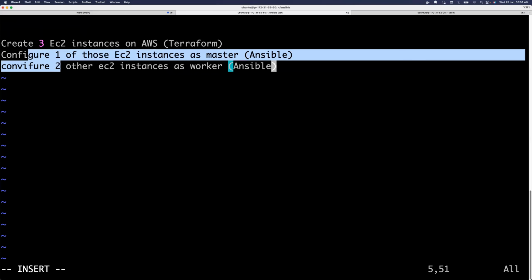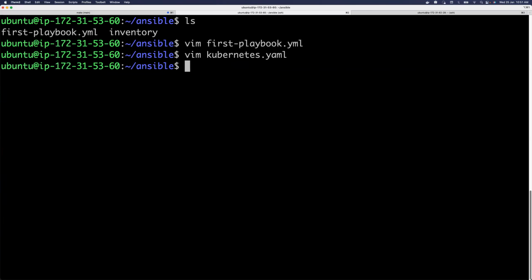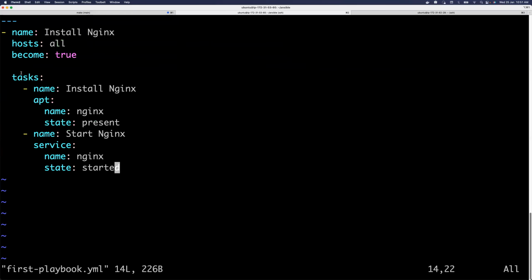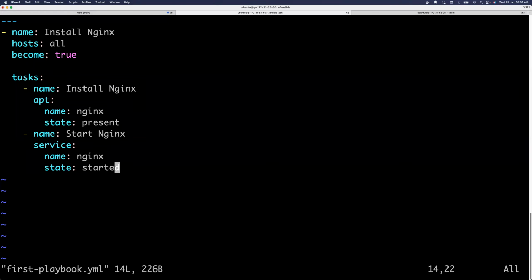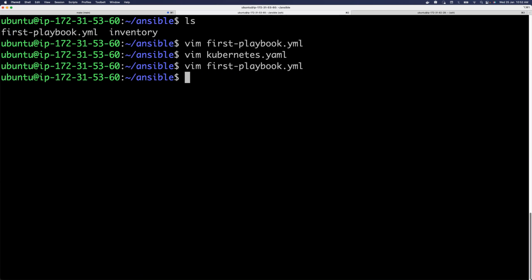Now these 2 actions cannot be written in one simple playbook, right? For example, if you look at our first playbook.yaml, this has only 2 tasks. But if you want to configure both your Kubernetes control plane as well as your Kubernetes data plane, or master as well as your worker nodes, your playbook will become very huge. Almost you will have some 50 to 60 tasks. And if you start writing this entire 50 to 60 tasks in one playbook.yaml file, it will be impossible to read. And there will be a lot of variables and a lot of configuration files, and you have to handle some errors, right? To avoid that